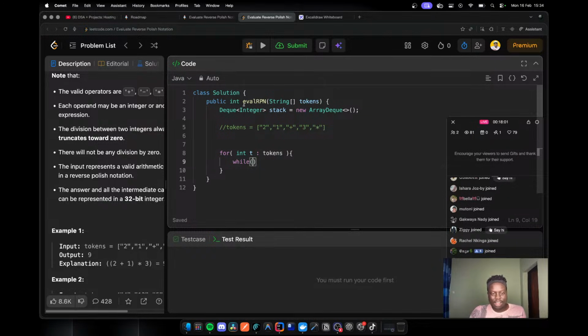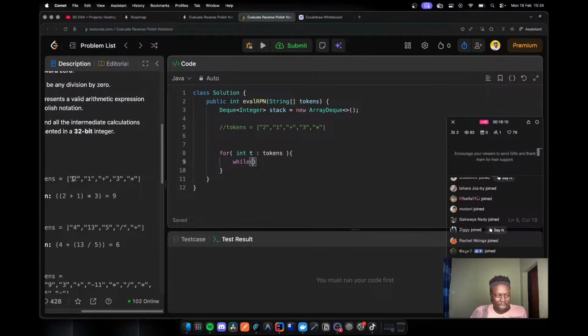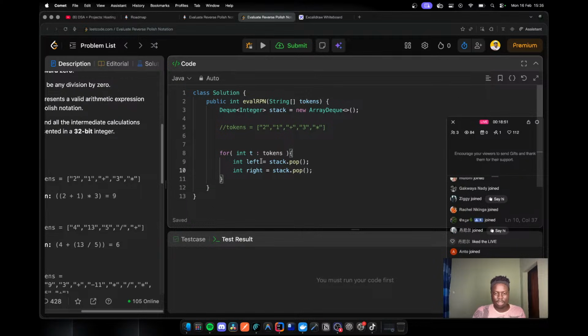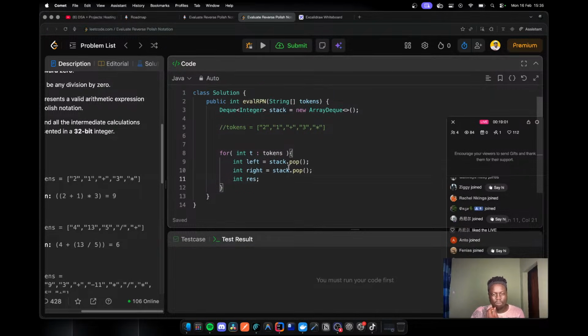Okay, we have this. Let me see. Reverse Polish notation. We have 2, 1 plus 3. So we need to now loop while 2 plus 1, left, right. So I think we need to create those. What are we going to keep on the left? We shall have something like int left. Left will be stack.pop, and then int right, also equals stack.pop. That means the element on the left and the element on the right. And then we can keep int result. We instantiate result, but we do not use it yet. And then after that, we need to do this while the stack is